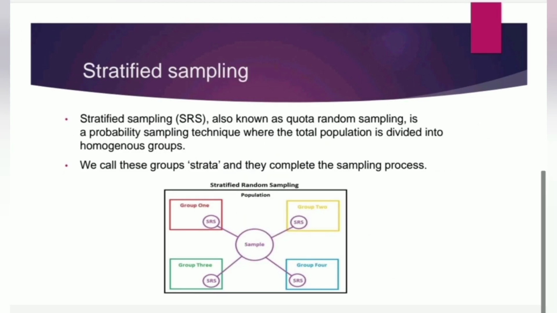Second one, stratified sampling. Stratified sampling, also known as quota random sampling, is a probability sampling technique where the total population is divided into homogeneous groups. We call these groups strata, and they complete the sampling process, which means